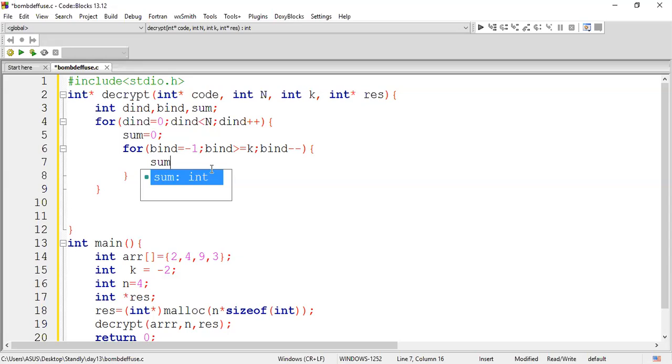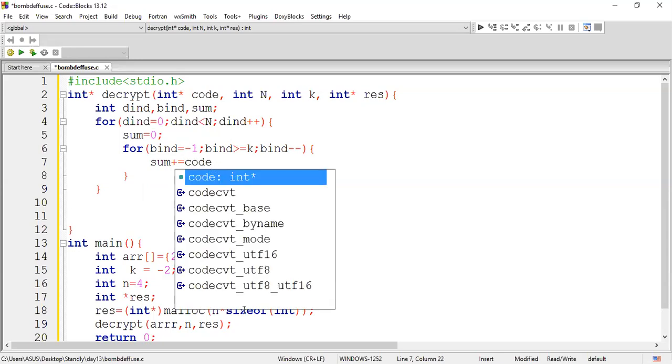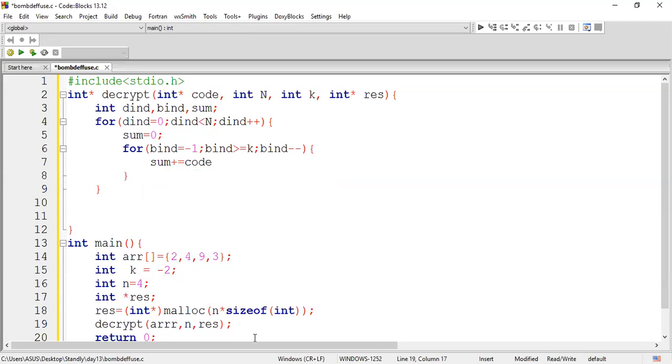So let me have sum plus assign. So here we are supposed to take this particular array name. What is the array name we have mentioned here? So here ARR. Okay. This was told by Sri, I guess. Okay. So here, what is the array name? We have mentioned it as code. So here we'll mention code of, you're supposed to take an element from code.